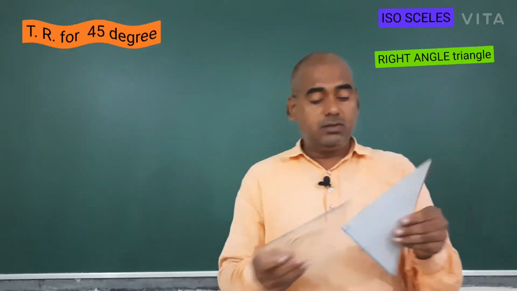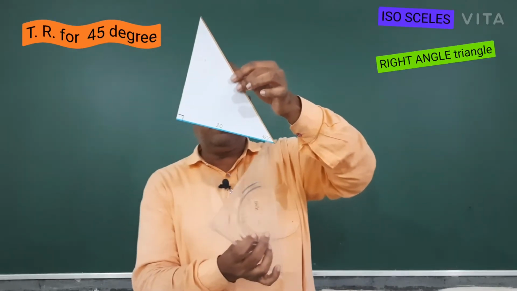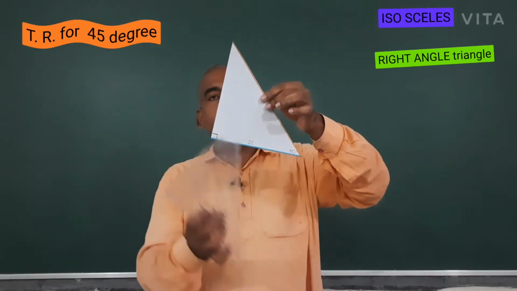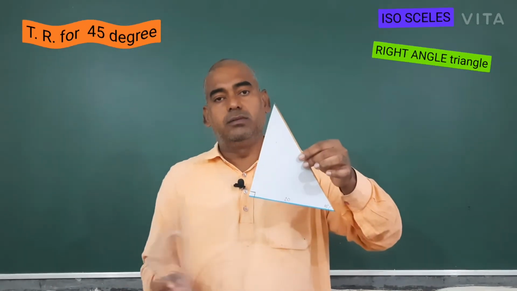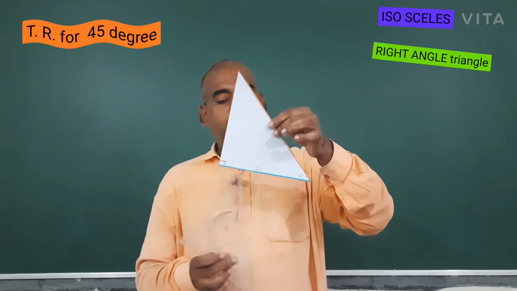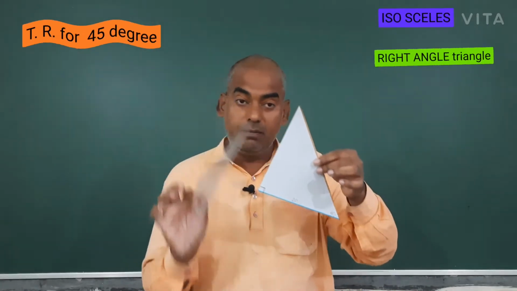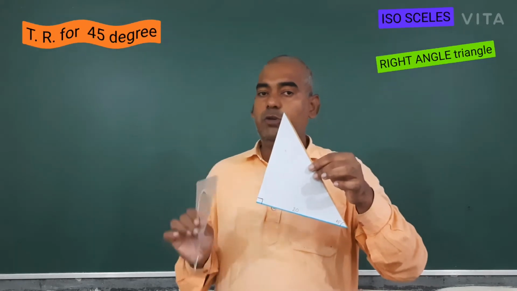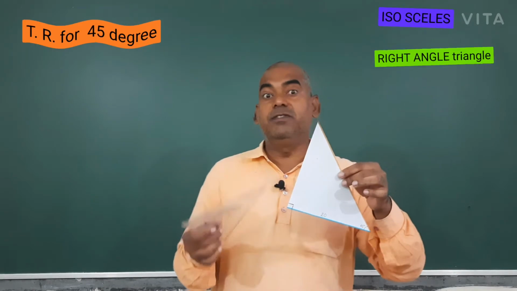Okay, so in these triangles I have measured only 45 and 90. Do you think it is required to measure the third angle? No, because this is 45, this is 90 degree. So 45 plus 90 is 135, and the sum of all the angles in a triangle is 180, which is proved. It's a very fundamental theorem of geometry, and actually it is a definition.